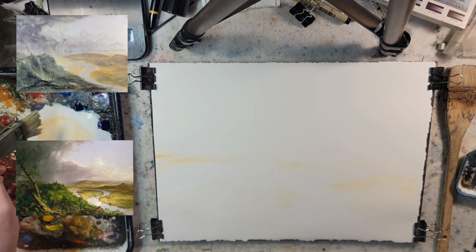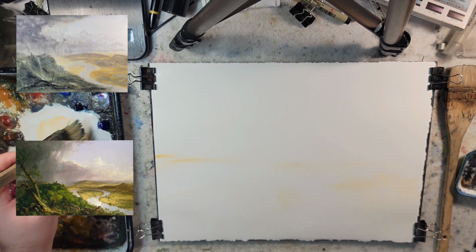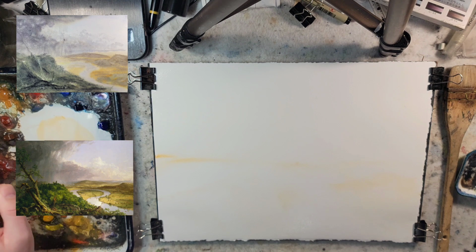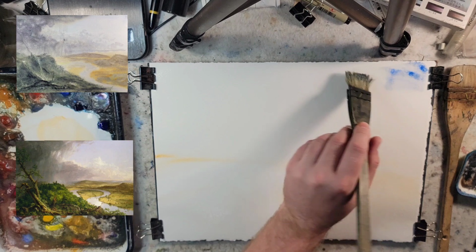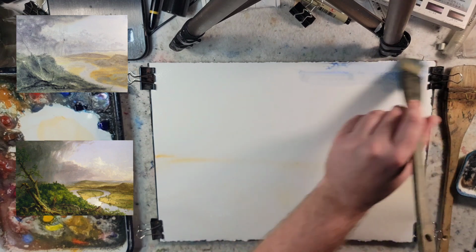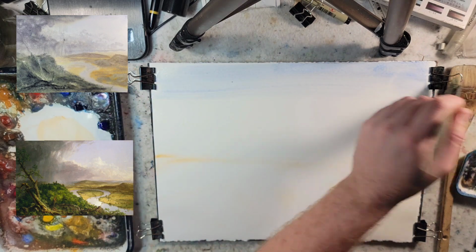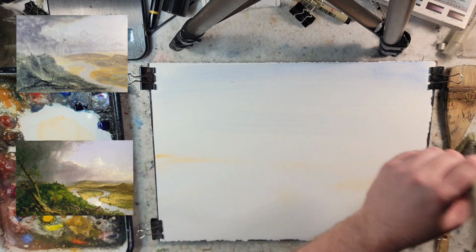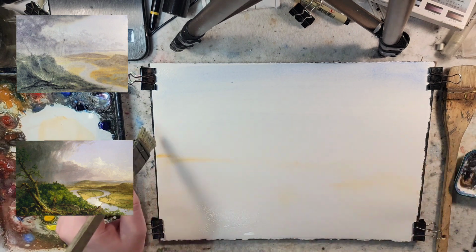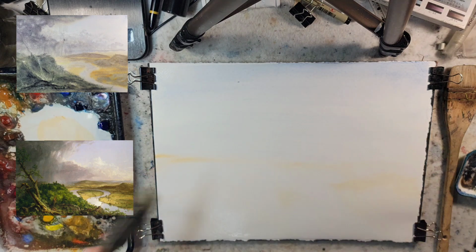For the sky, I'm going to put in ultramarine, and I'm going to go light with it. Mainly so I can get that super huge contrast with the clouds in the sky. And also painting in the vein of a thought from Carlson, painter, book, Carlson's Guide to Landscape Painting,